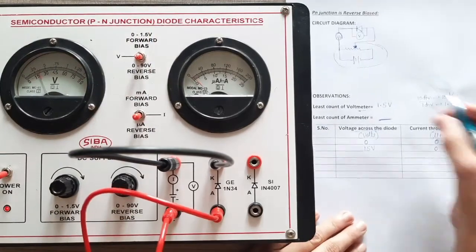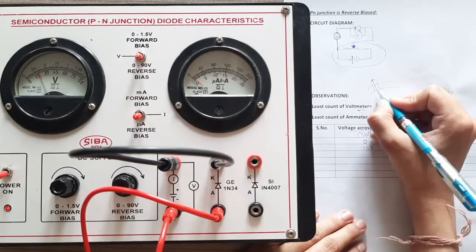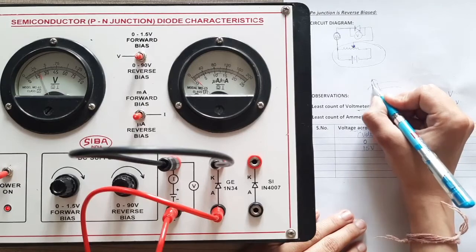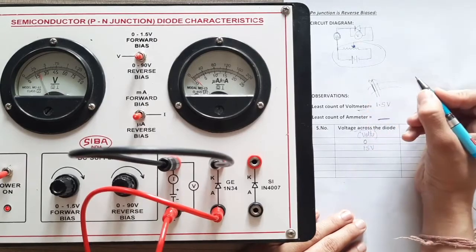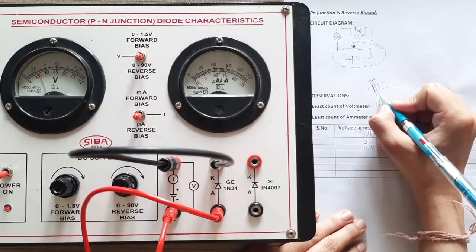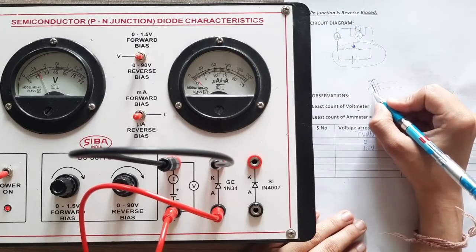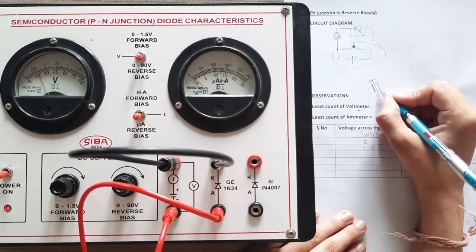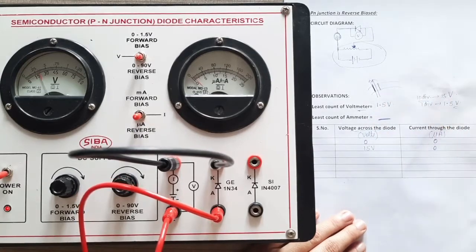So whenever the needle points in between 2 divisions, in that case you have to take the previous reading. You do not have to take the average. When the needle is exactly pointing on a division, then you will take the exact reading. But when the needle is pointing in between the 2 given divisions, then you have to take the previous reading only, and you do not have to take the reading which is just above. You just have to take the reading which is just before the needle.